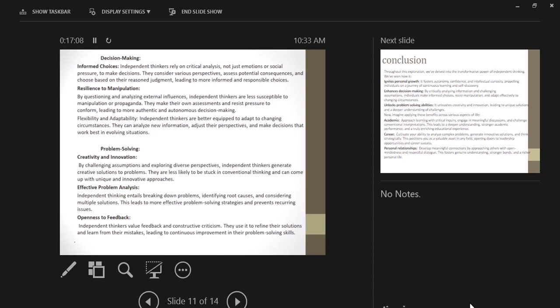And the third one is problem solving. As we have seen, independent thinking helps us to solve real-world problems in more creative and innovative ways. It also helps us to become effective problem analysts by breaking down problems into small pieces. And the third one is